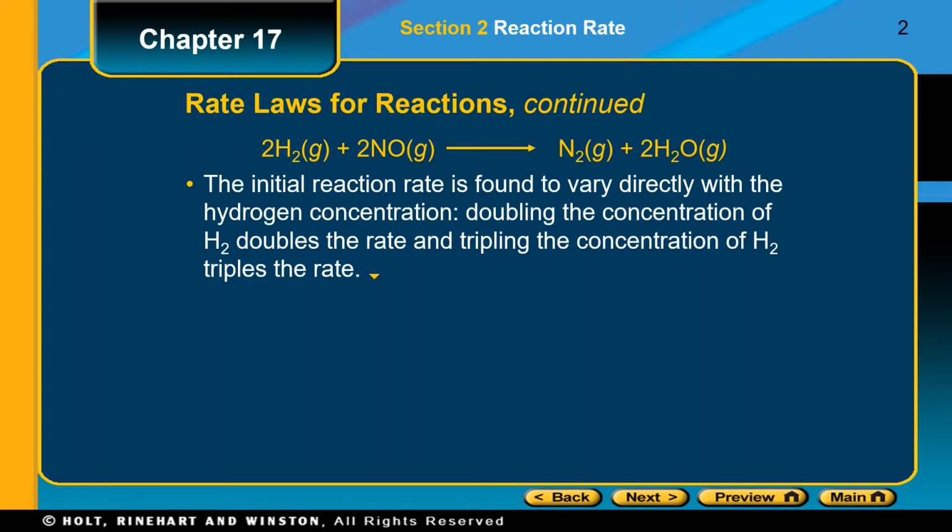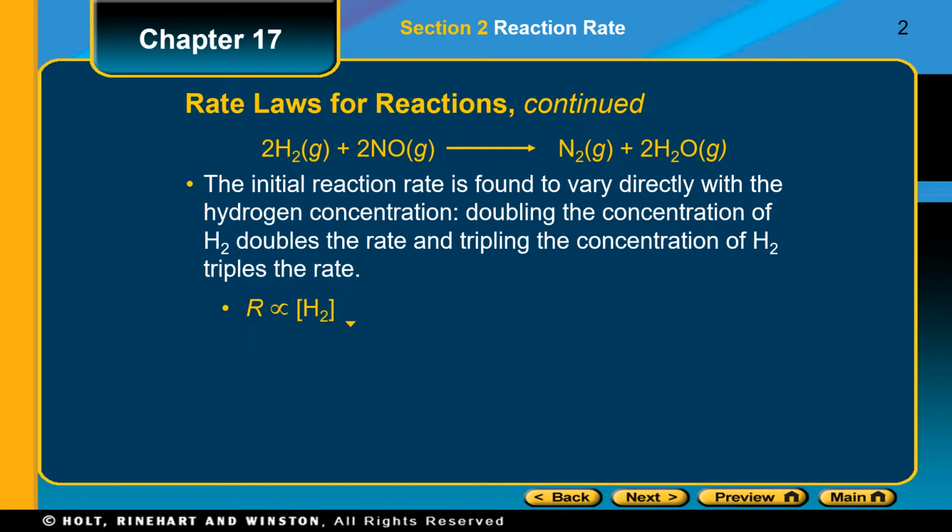Meaning that if I double the concentration of the hydrogen, then the rate of this reaction also doubles. Or if I triple the concentration of the hydrogen, it triples the rate of the reaction. So doubling the concentration, it goes twice as fast. Tripling the concentration of hydrogen makes it go 3 times as fast. So we can write a